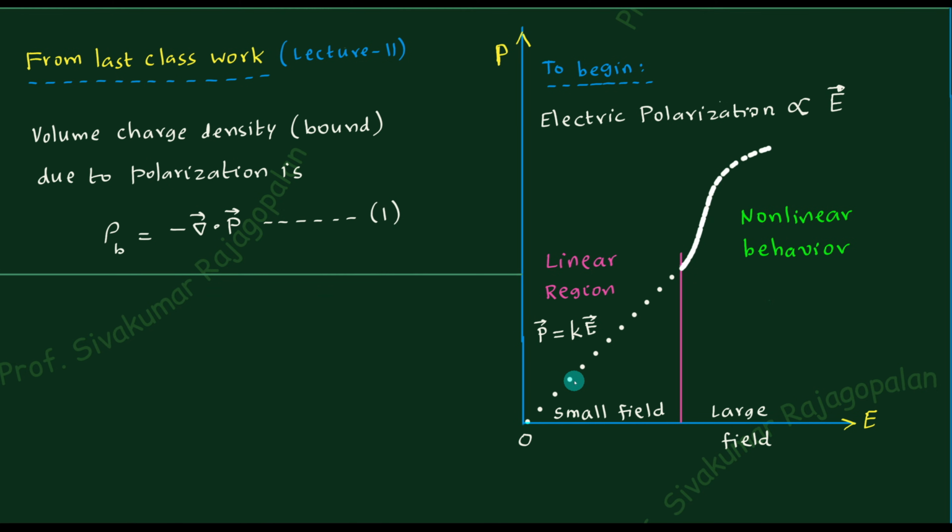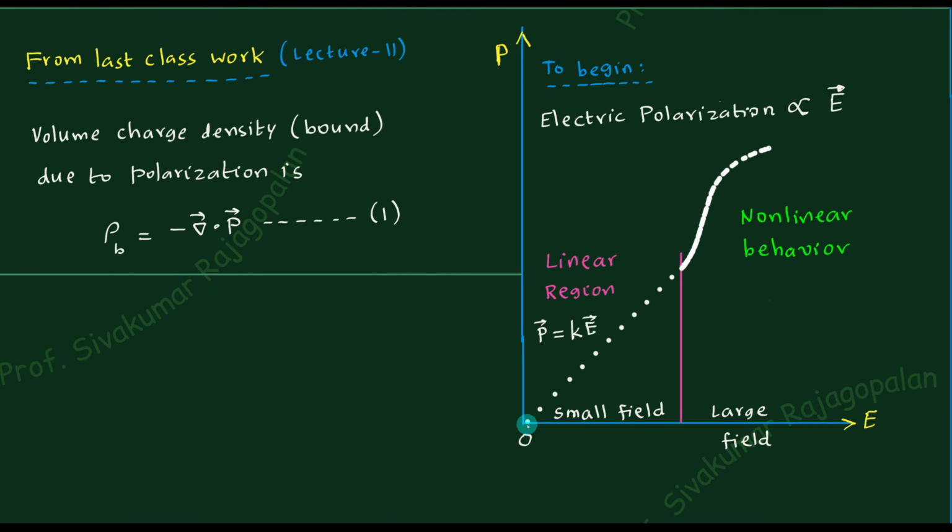So these are the data points. So you apply an electric field at this value, then you get that polarization. Like that, you keep doing the experiment, and until a particular electric field it keeps maintaining this kind of a straight line behavior. The important point being that you have 0, 0 as a value in this graph. That means if I don't apply any electric field, then this polarization is also 0. That is the 0, 0. So no external electric field means no polarization, and such materials are known as non-polar materials.